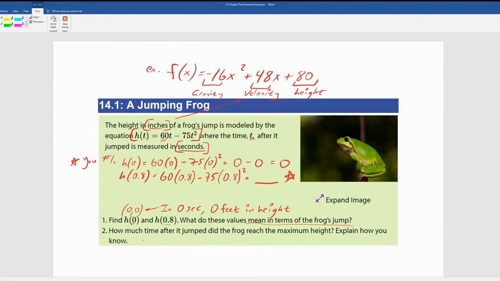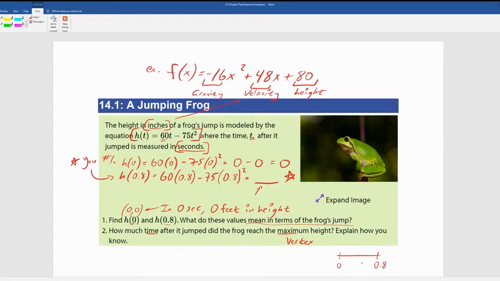All right, so go ahead and do this one and find the height of the frog in 0.8 seconds. Now, how much time, so they're focused on the seconds here, after it jumped did the frog reach the maximum height? If you remember, the maximum or the minimum height of a parabola is also at the point of its vertex. So go ahead and remember what we talked about. We have 0 seconds from when the frog jumped, and 0.8 seconds from when